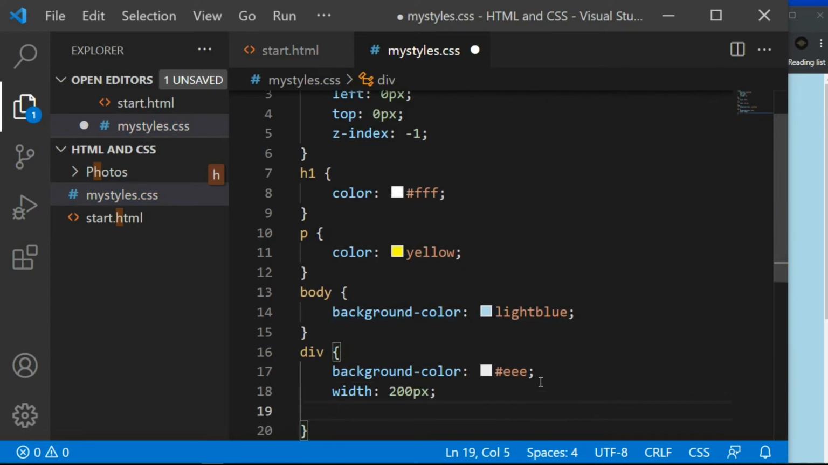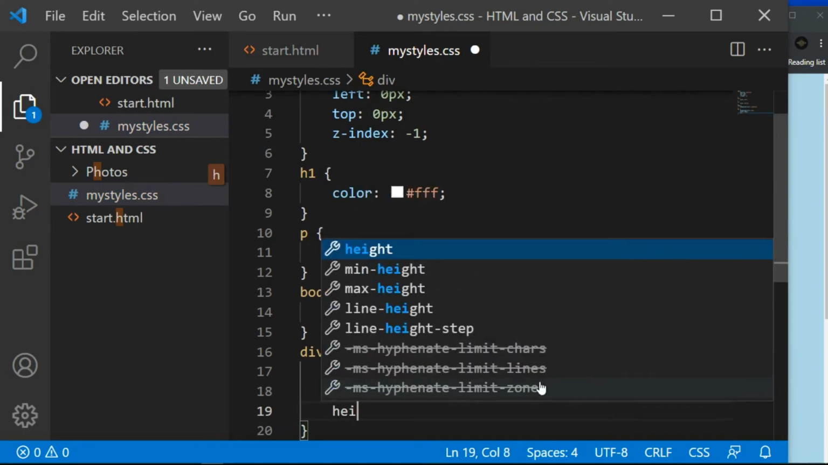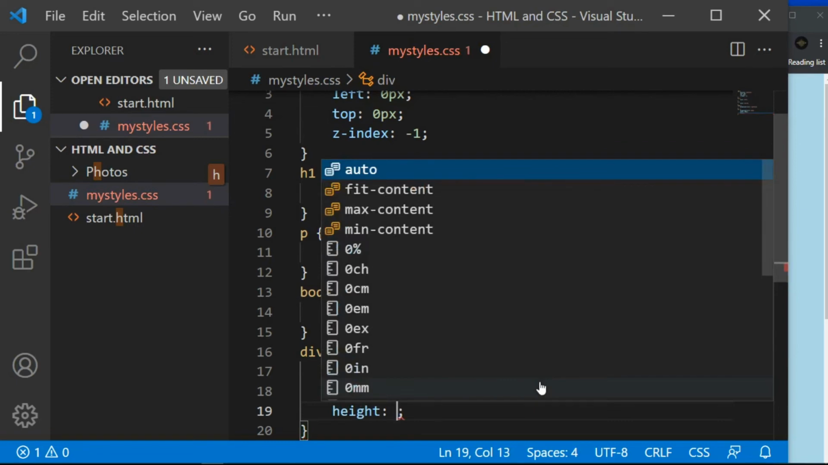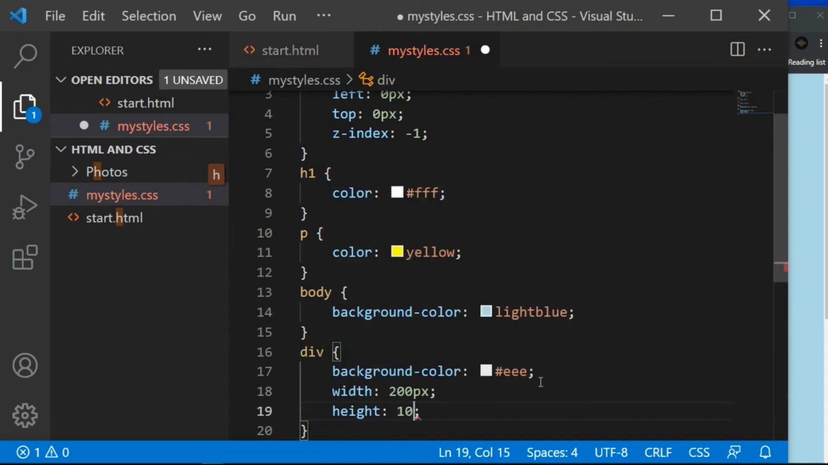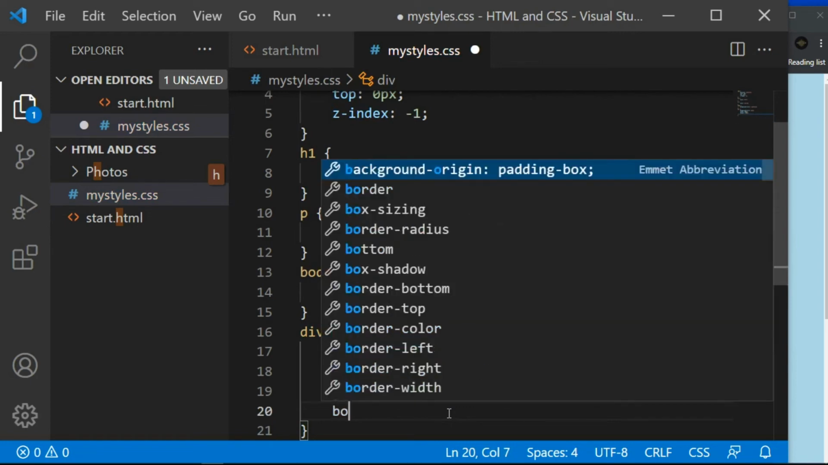And then another item is the height. The property height, let's give it something like 100 pixel, it will be very big. And then the border, I always want to create a box for it, so the border